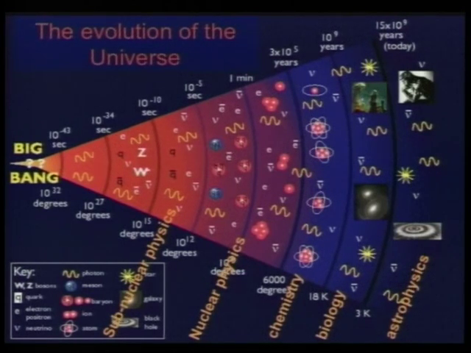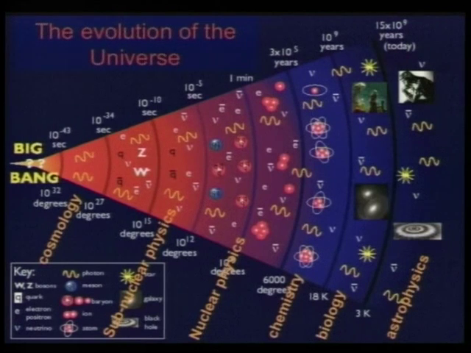If you want to stay in the nuclear physics or subnuclear physics, you are in this region where all the particles were produced. All the forces, in some way, came out from the Big Bang. And we are in the region between 10 to the minus 34 seconds until, let's say, 1 minute, more or less, from the Big Bang. And the temperature is around 10 to the 27 until 10 to the 9, so 1 billion degrees. If you want to really stay at the frontier of the Big Bang, you have to stay in the cosmology environment, and this is not what we are going to talk about today. So we are in the region of subnuclear and nuclear physics.